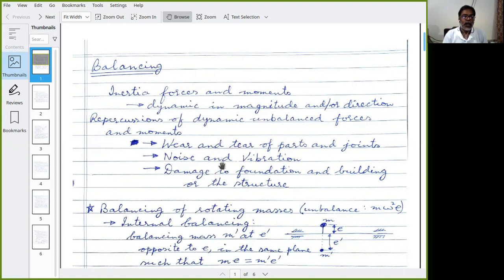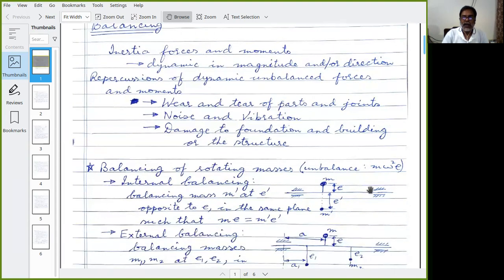Now, right now we consider the balancing of inertia forces and moments on rotors. Now, what is the unbalance created by the rotating axis? Consider this axle mounted over these two bearings, and on this shaft or axle, a few things are mounted. One of them is this, the CG of which falls here, not on the axis.